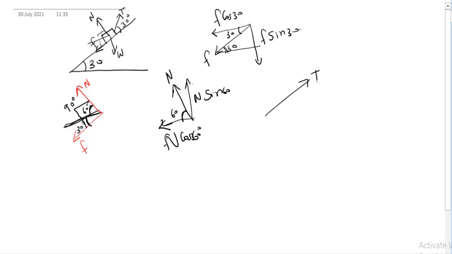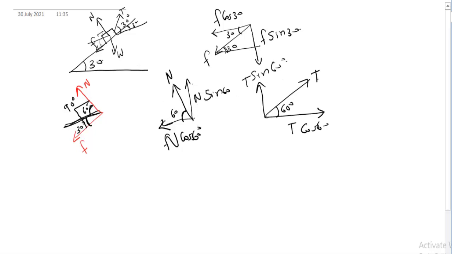Next another force which is acting is tension. Tension is acting here which is making an angle 30 degree with respect to the plane, right? With respect to this inclined plane it is making an angle 30. So what will be the angle which it is making with this whole vertical? 60 degree. Already we got this angle as 30 degree. So with respect to the horizontal it is making an angle 60 degree. So here T cos 60 and this will be T sin 60. These are the different forces which are acting on the diagram.